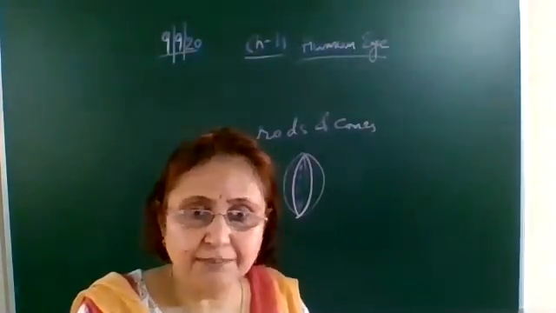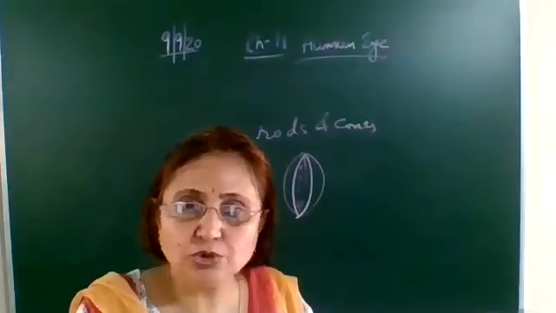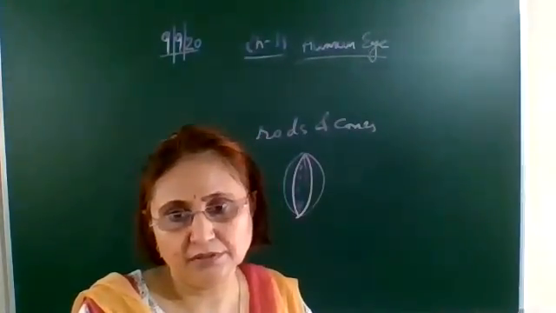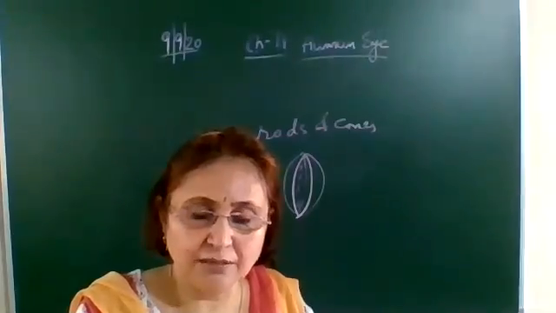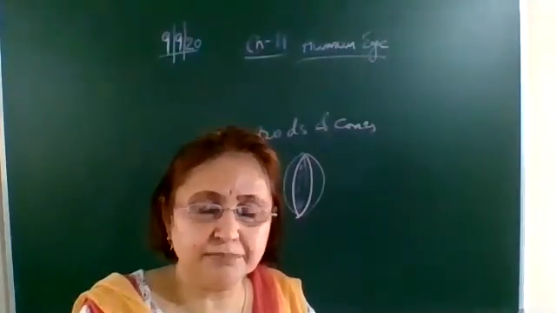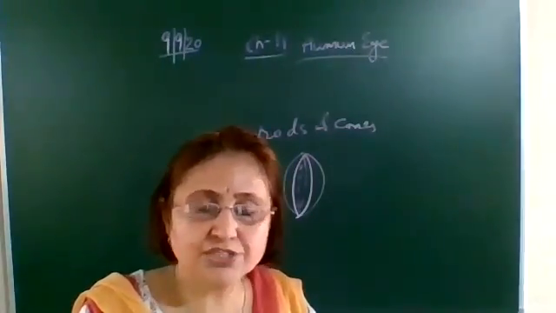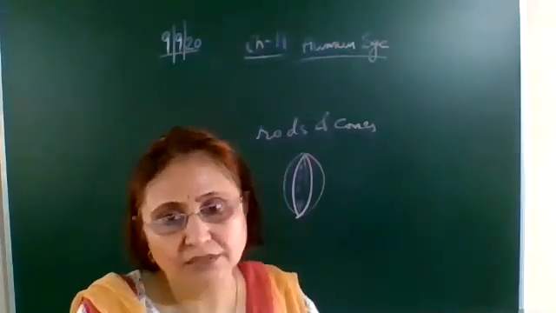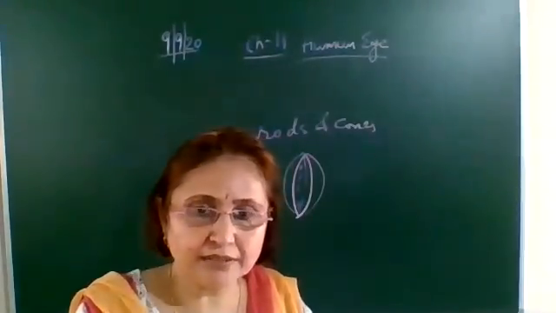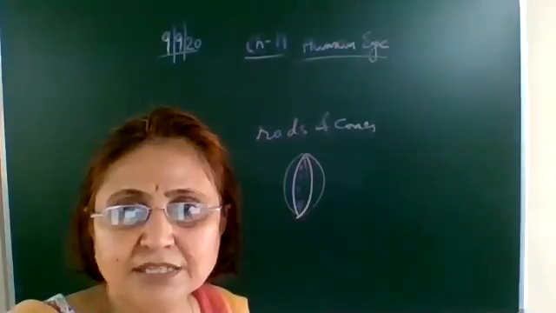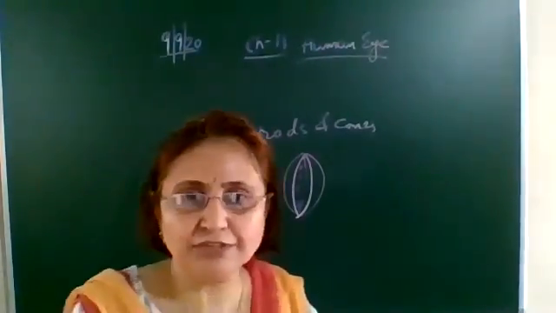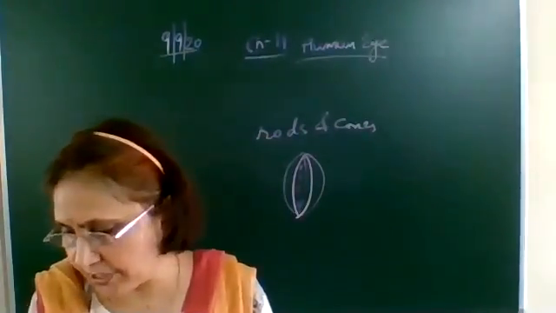What is it? The ability of the eye lens to change its focal length. And who is changing the focal length? The ciliary muscles which are holding it. They either relax or contract, and depending upon that, it changes the focal length of the eye lens. And this change of the focal length of the eye lens we call accommodation.